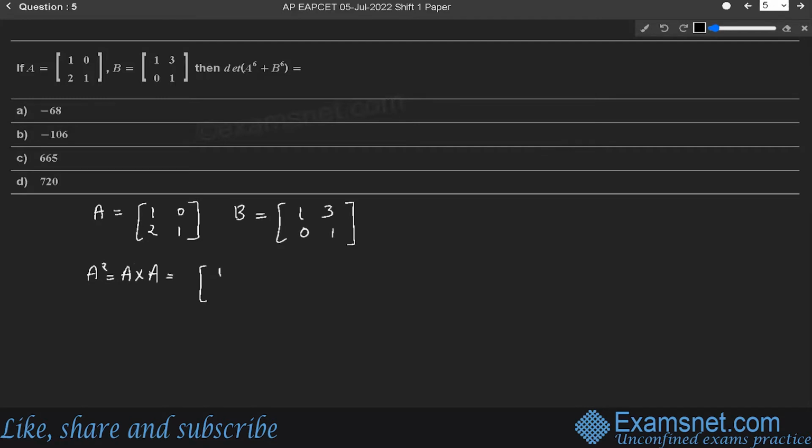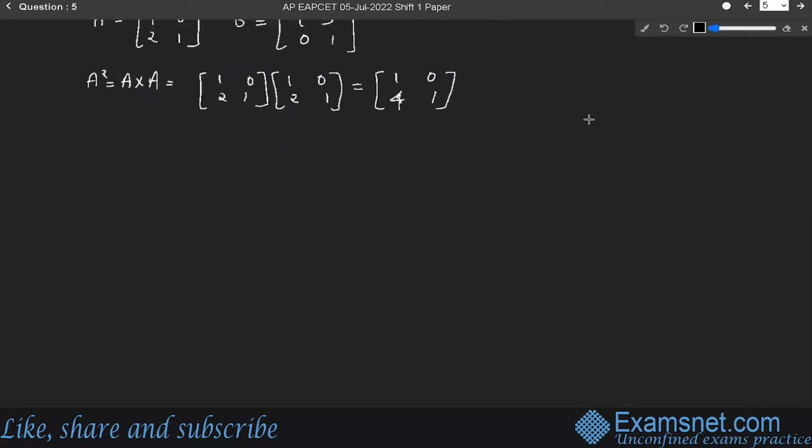So A into A will be 1, 0, 2, 1 into 1, 0, 2, 1. After multiplying, the values will be 1, 0, 4 and 1. This is the value for A square. We know that A cube will be A square into A, which will be 1, 0, 4, 1 into A. A is 1, 0, 2 and 1. On multiplying again, this will be